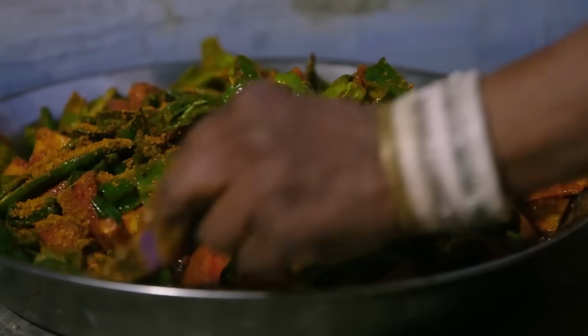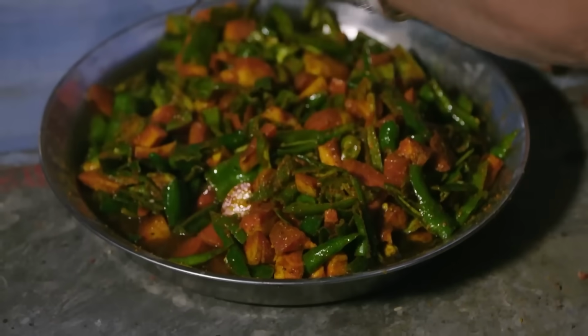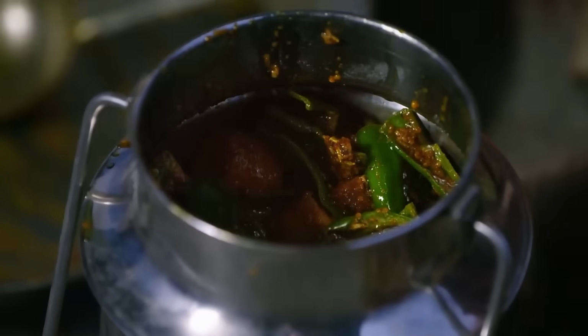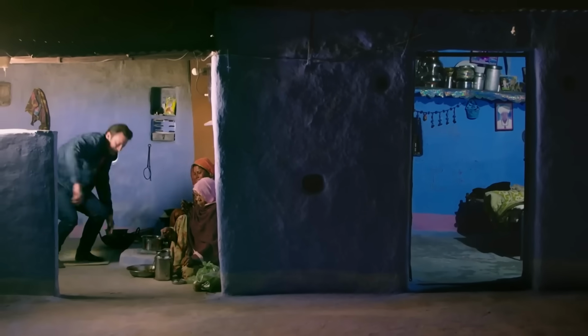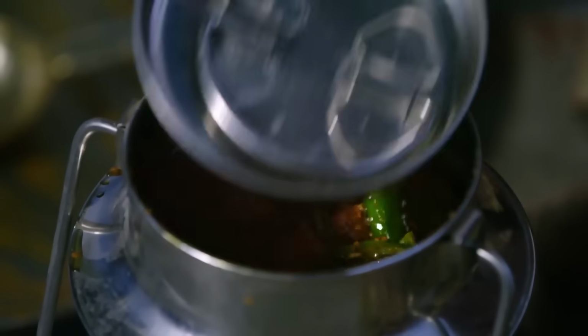When is this ready to eat? 4 days, okay. Fantastic. Preserving veg like this can be a lifesaver. It's very simple, but really smart. A real honour to be here. Thank you very much. When fresh produce is thin on the ground, a pickle with a roti makes a satisfying meal, and I can